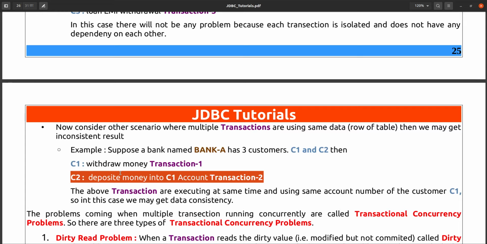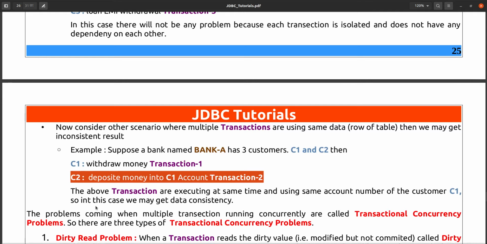Why? Because suppose at present the bank balance in C1's account is 60,000 and C2 is transferring 5,000, so it will become 65,000. That value is being shared between these two transactions.